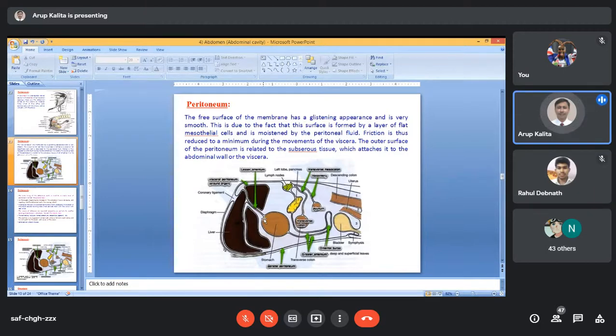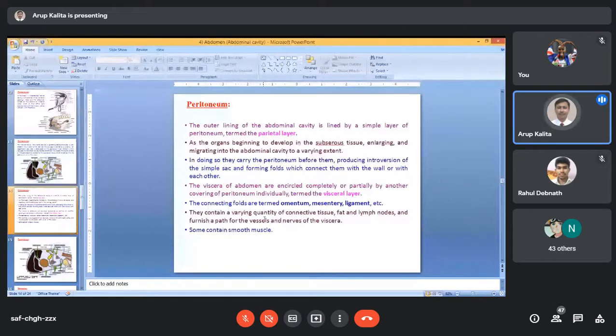Now, this peritoneum forms some structures, and these peritoneal structures are known as omentum, mesentery, or ligament. This ligament is not the ligament of the bone, okay? This ligament is different. This is the ligament present inside the abdominal cavity, and that ligament is not connected with the bone, okay? Don't confuse it with the ligament that you know. A ligament is a connective tissue that connects one bone to another, so that ligament is different, and this is another ligament.